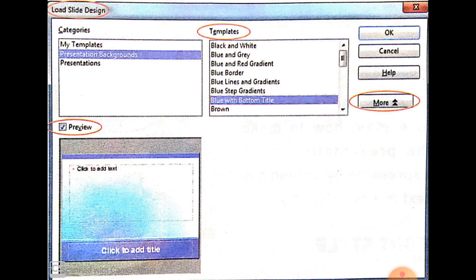Select the option presentation background from the categories box. Select the template of your choice from the template box on the right. Click on More to see the preview of the slide design.